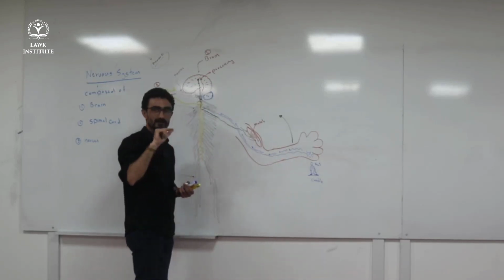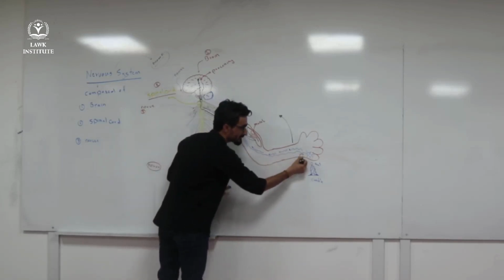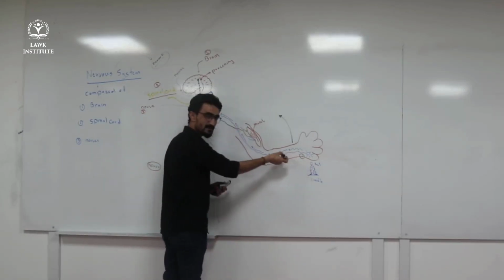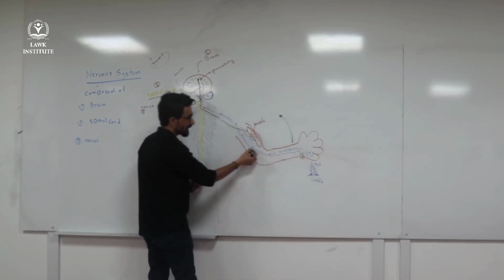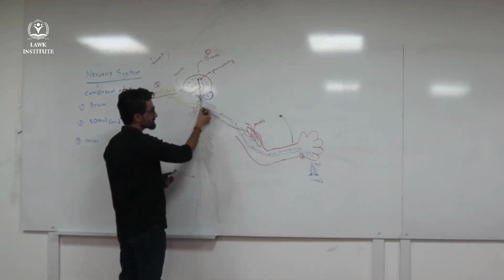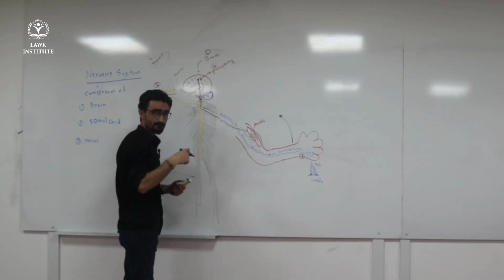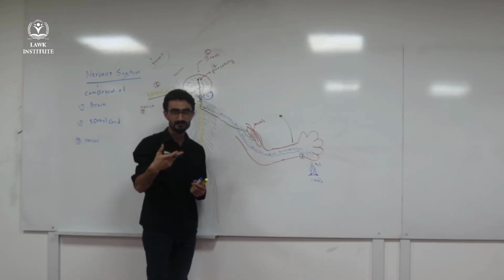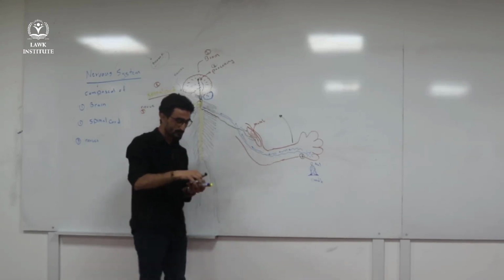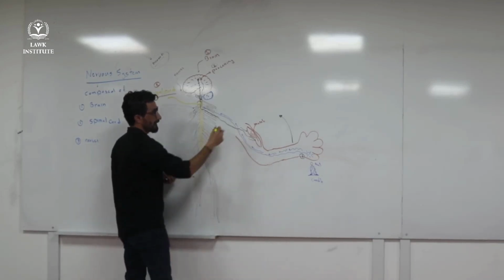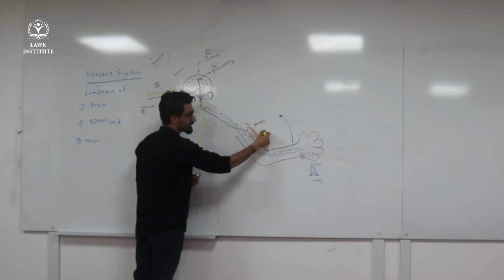So we have three processes. Number one, detecting a change by a specialized sensory neuron and transmitting this information through a nerve to the spinal cord and to the brain. Number two, the brain performs processing to interpret and understand the data and to create a specialized response. And the third part of the process is to make